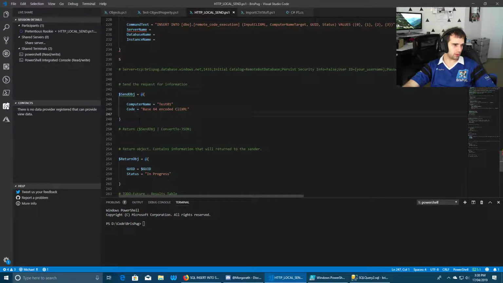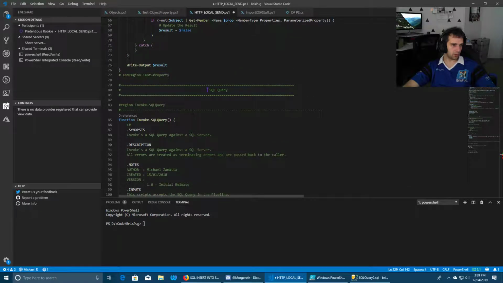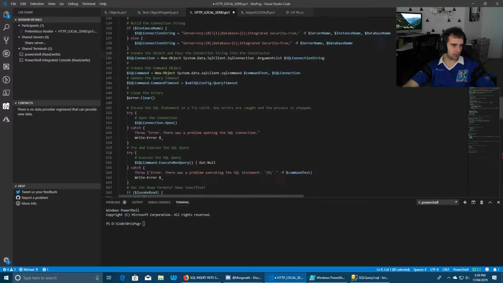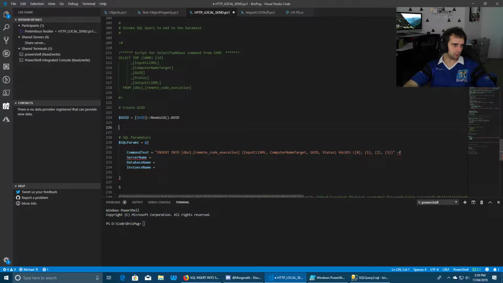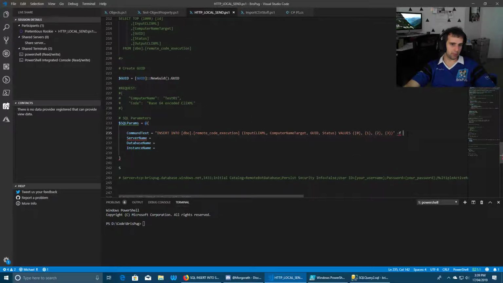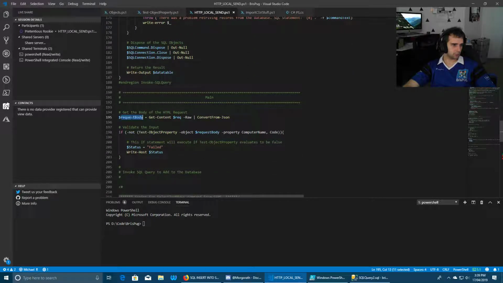Send the request for the information. Okay. Yeah, we don't need that. That's actually the beginning. So what we've got here is import CLI XML. That's basically, if we remember from the body of our text, which I'm just going to grab, our request. When I'm working with things like that, I'm just going to copy up and down. So it's going to be request body